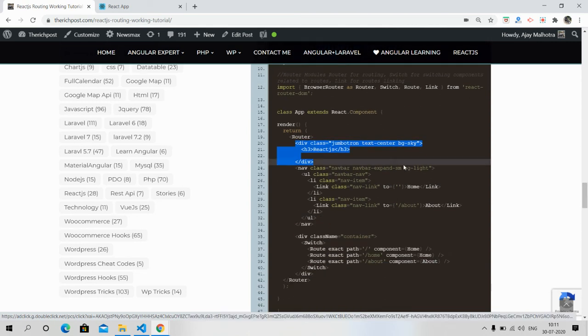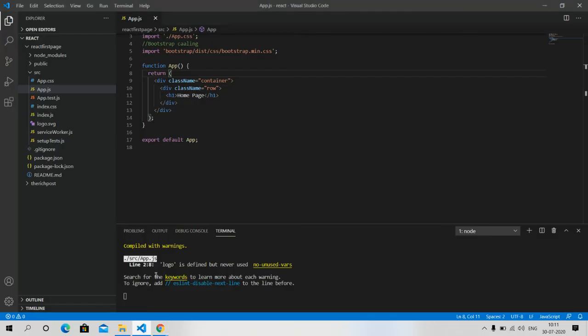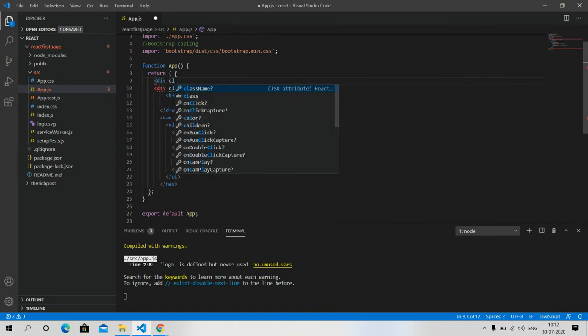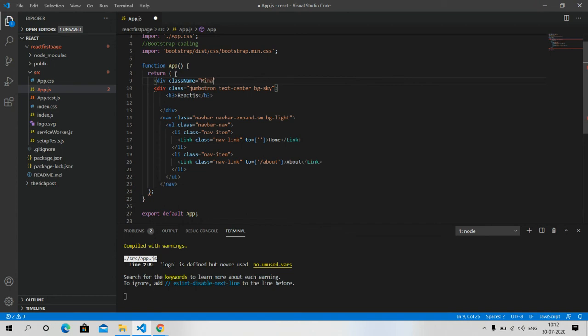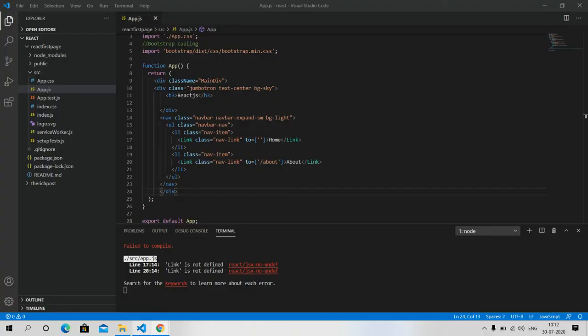Now I will make it look better. We need to make a parent container, and after it we will add all the things into it and see how it looks better.